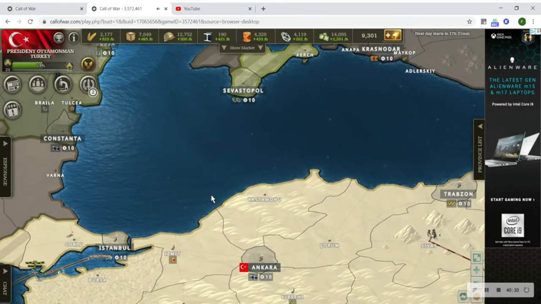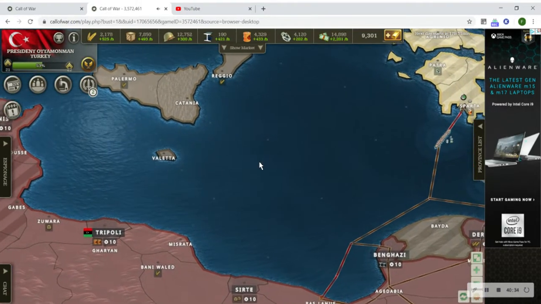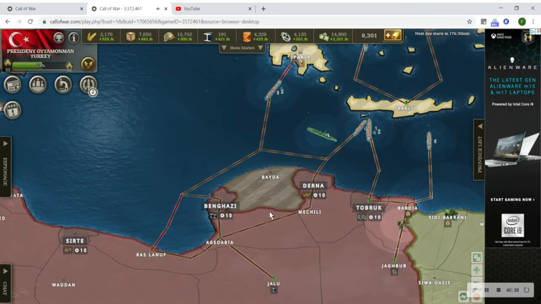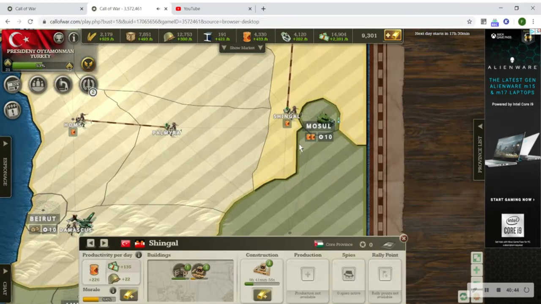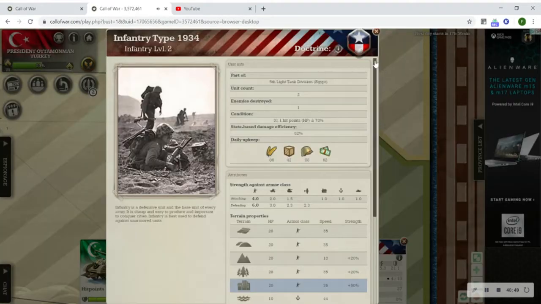If there were no bunkers, I think they do more damage because they have more health and they have the fortifications. That's why I want these fortifications, because again, these guys aren't real. They do